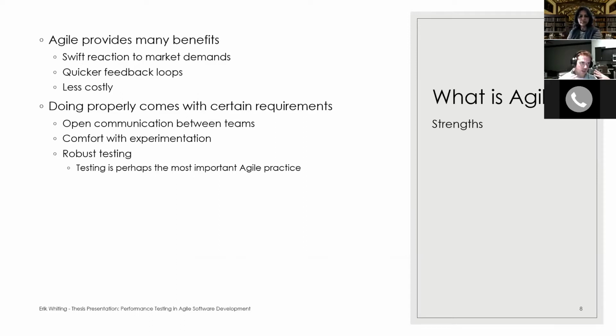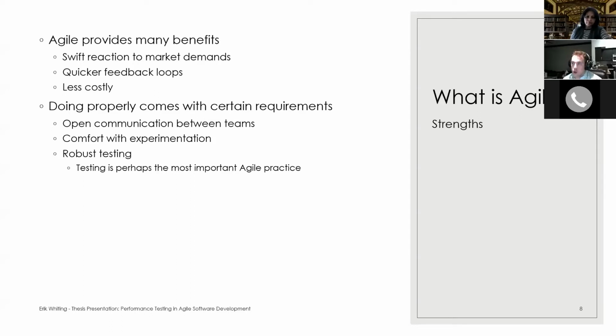So in the waterfall method, you design a whole system and you plan out an entire system before you start building it or deploying it. And sometimes you end up developing a system that is going to be irrelevant by the time you're done with it. So Agile kind of addresses that problem by allowing teams to just develop a little bit of the system at a time. So if the system needs to change, it's not so expensive to develop new features. It's not so bad to change directions, basically.